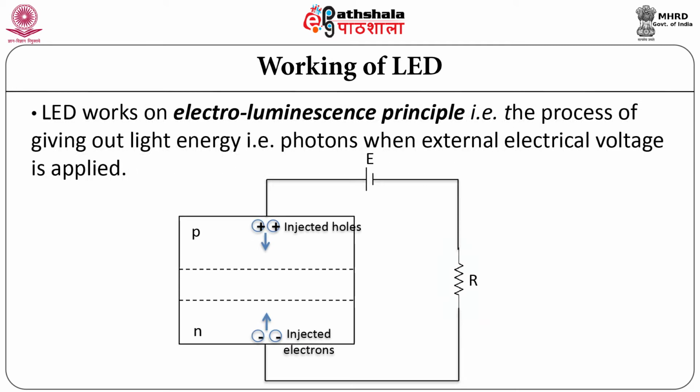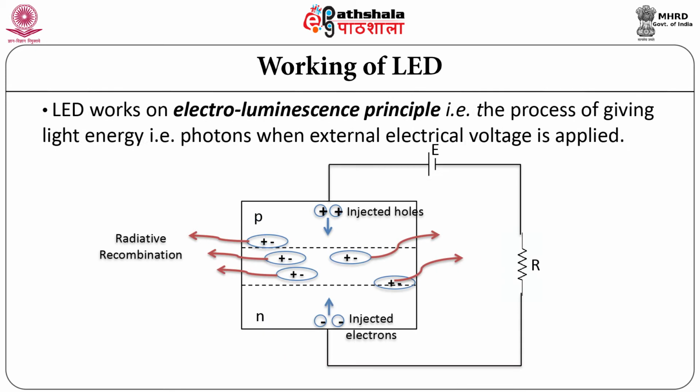As seen, when the LED is forward biased, electrons are injected into the N region and holes are injected into the P region. Both types of carriers start migration towards the depletion region. During migration, electron-hole pairs are formed. Each electron-hole pair formation is a radiative recombination, giving rise to photon emission. The more electron-hole pairs, the more photons emitted. Thus, light intensity is dependent on the number of injected electrons and holes, which in turn depends on the value of forward current flowing through the LED.